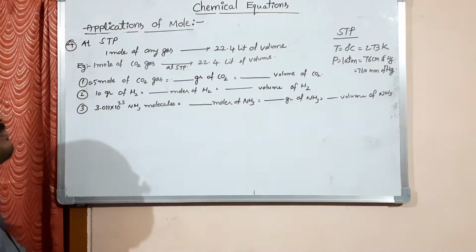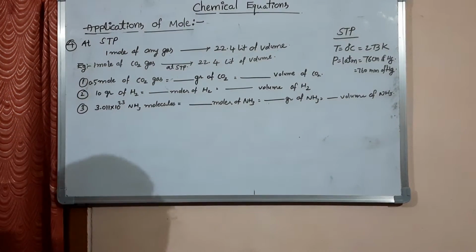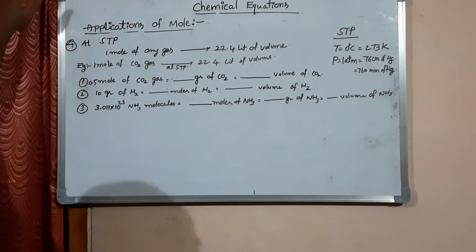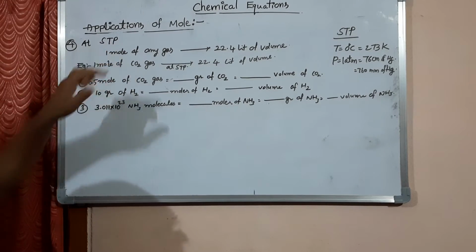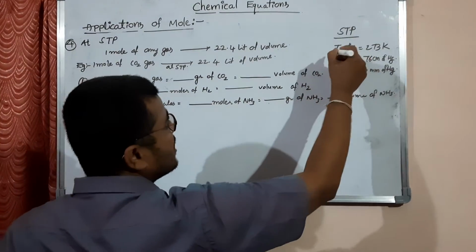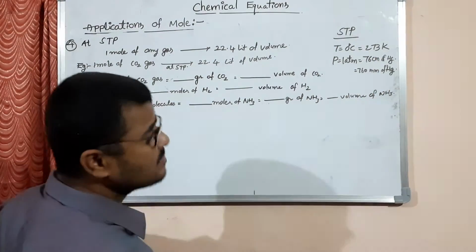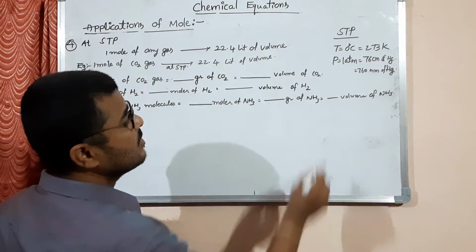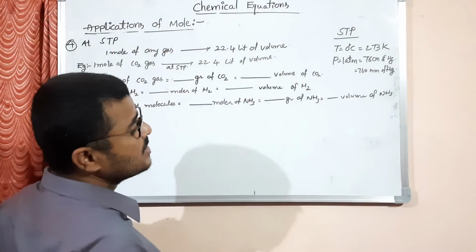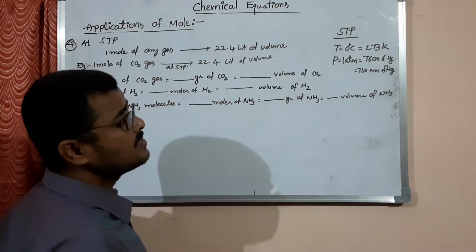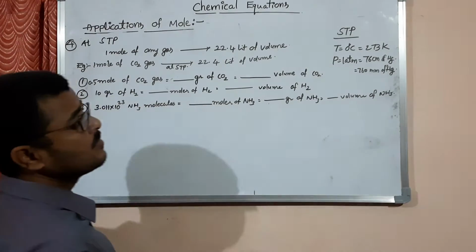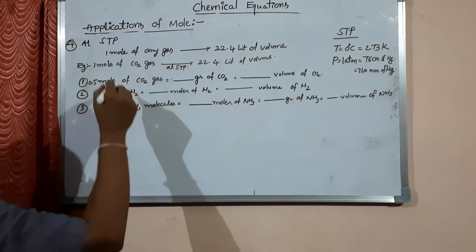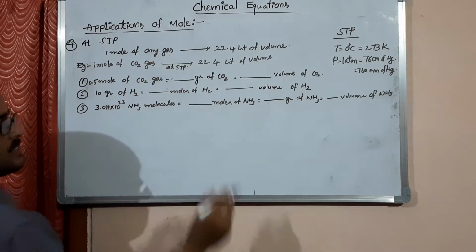In this video, we will discuss the next application of the mole concept, that is the fourth application. According to this application, at STP condition, what is STP here? Standard temperature. What is the value of standard temperature? 0 degrees Celsius, that is equal to 273 Kelvin. Standard pressure is equal to 1 atmosphere, that is equal to 760 centimeters of mercury or 760 millimeters of mercury. At STP conditions, 1 mole of any gas